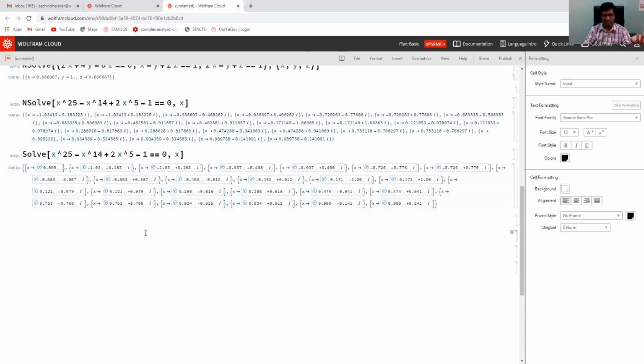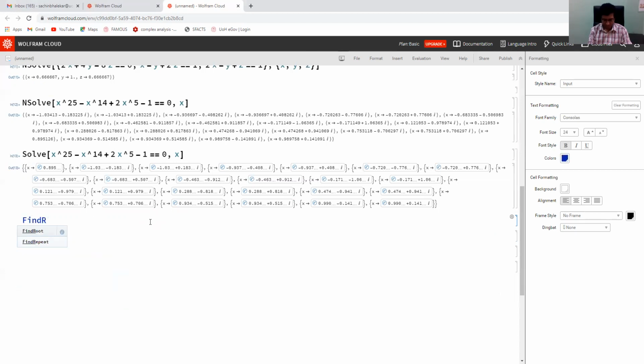Let us see another thing, that is FindRoot. Okay, so it has same purpose. That means we find root of equation, polynomial as well as transcendental equation, but we have to provide initial approximation. Okay, so syntax is like this. Let us see one example.